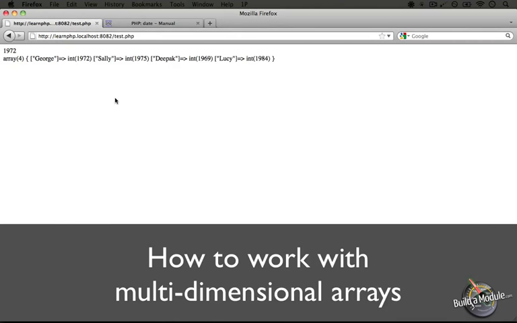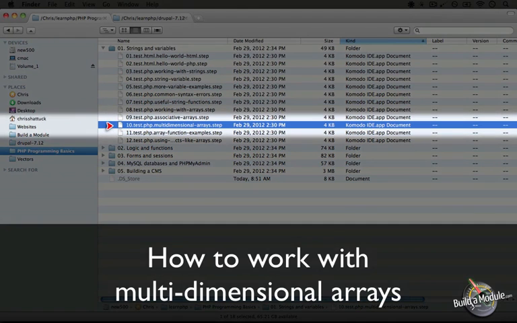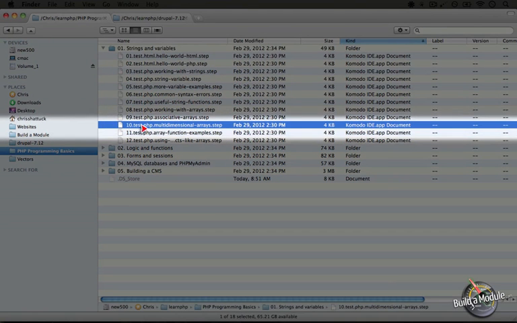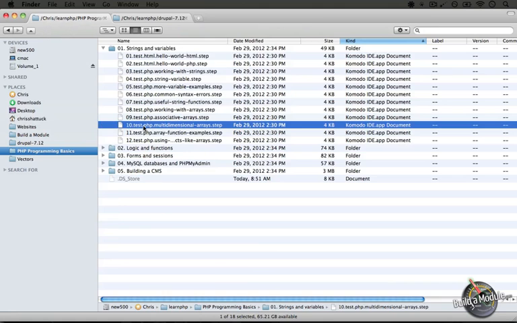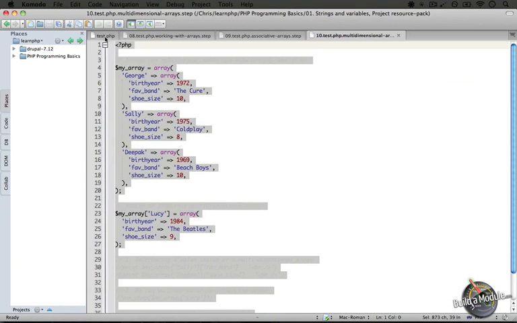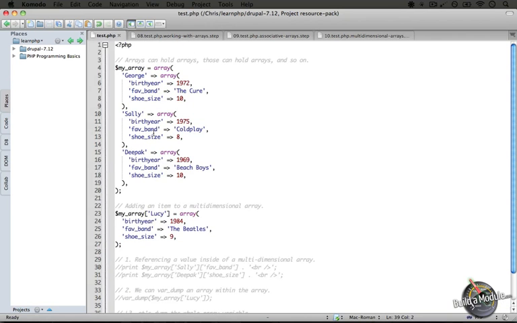I'm going to go ahead and close the source code, and I'm going to jump back to the resource pack directory, and I'm going to open up the 10th step, which is called multidimensional arrays. Again, this is in the strings and variables folder. Let's go ahead and copy the code and paste it over the code that's currently in the test.php file and